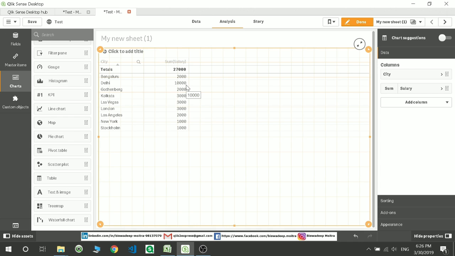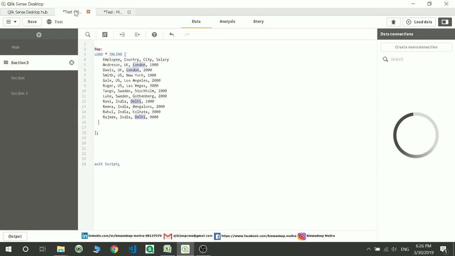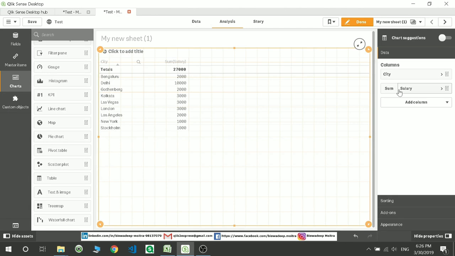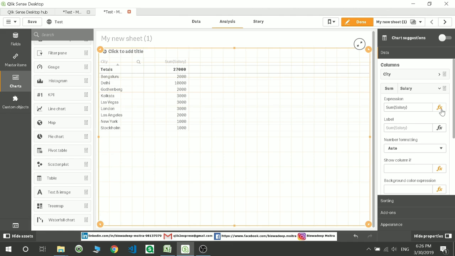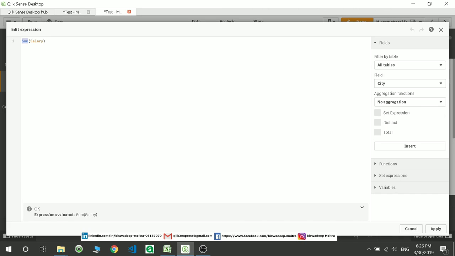But now suppose your requirement says that I want the sum of those salaries by the maximum value of it. For example, if I take Delhi, it has to search out of these what the maximum value is. For me the maximum value is 9000, and then do the sum of it. So how can I do it? Very simple. Go over here and check the expression. Now if I write a maximum of it and then want to do a sum of this,